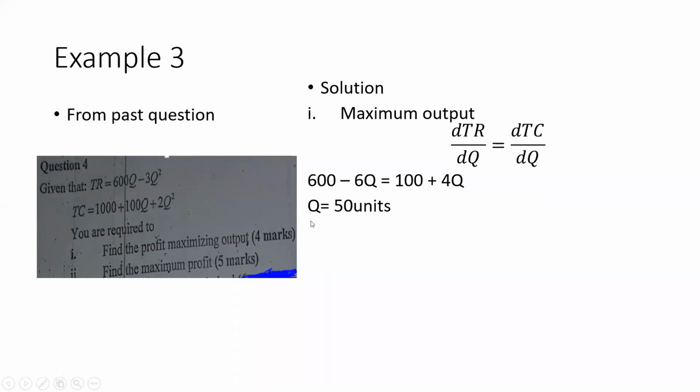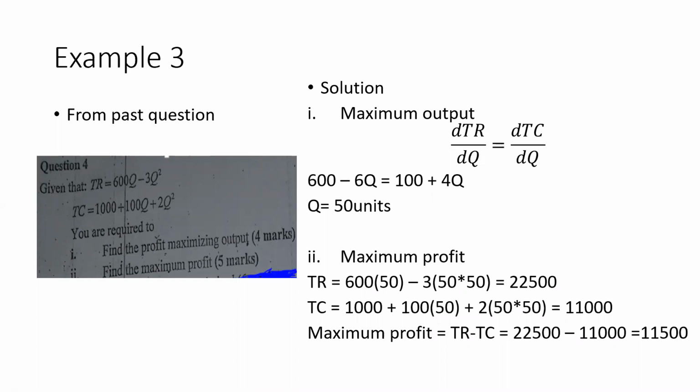So this 50 units is the output, the maximum output. That means the maximum quantity that will be produced for you to attain maximum output, for both to be equal. For the second one, we are expected to find maximum profit. And we already declared that maximum profit is TR minus TC. So the Q you are getting from the first maximum output, substitute it back into the TR and the TC. Then you'll be getting a resulting value of